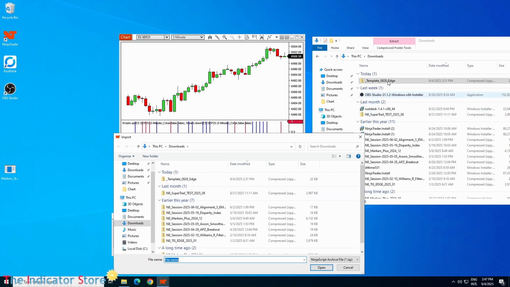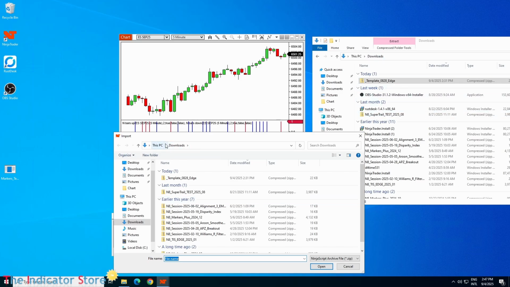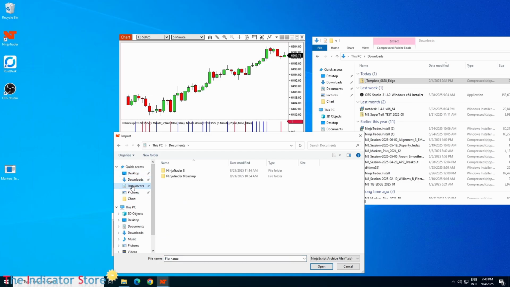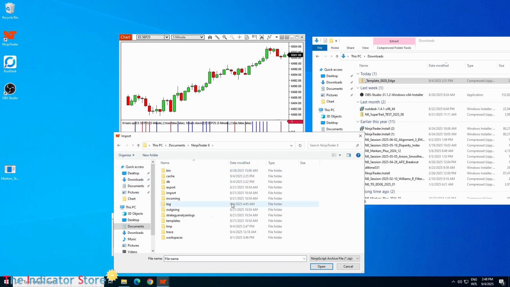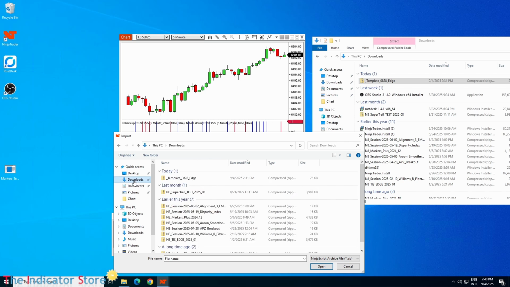Now I need to select the download folder. It is already selected, but usually this window opens on NinjaTrader, so you will need to go to Documents, NinjaTrader 8, okay? So you need to go to Downloads. I select the template for this setup. The name of the setup is the Edge,